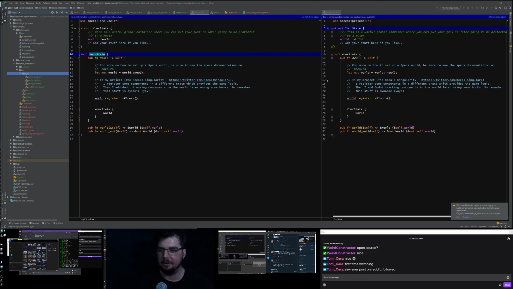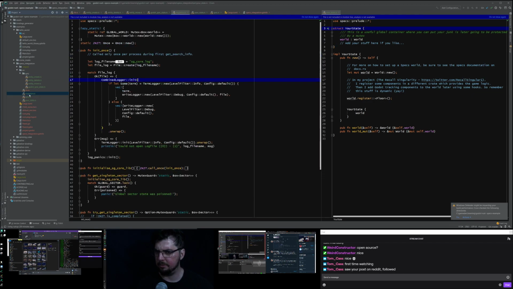But I still have to try not to think silently. Okay, your state. That's done. Now my singleton, I want to create your state. So here I have a mutex with a box in it containing a your state, and a mutex new